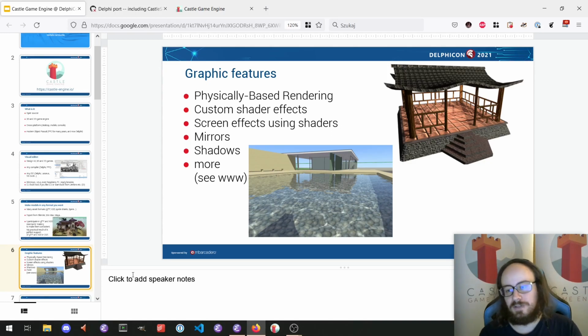You can use screen effects, which is a post-processing effect on your screen. We support things like mirrors, shadows, using shadow volumes, shadow maps, and radiance transfer, and a few other techniques. More about our features on our website, and I'm going to be also showing an interactive demo of it